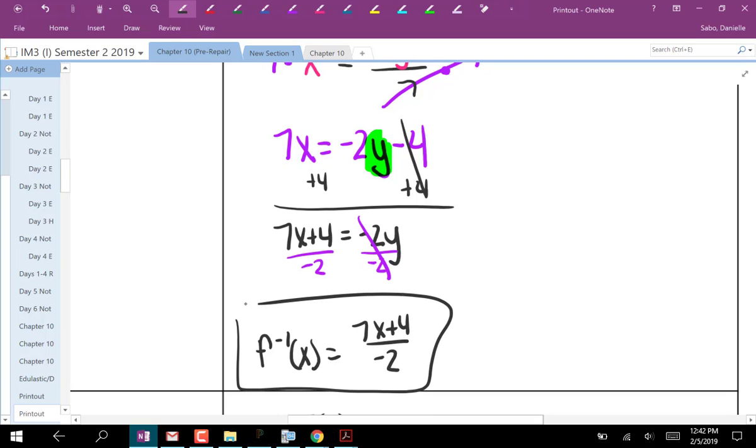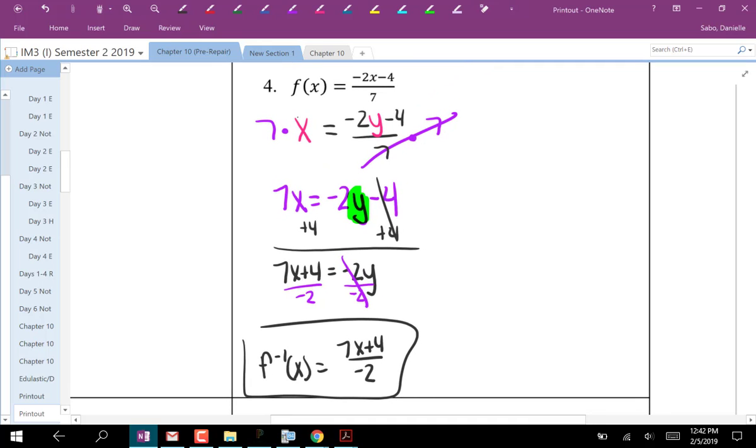Now, remember what I told you. I'm just really trying to train your brain to think mathematically. I told you we should have times by 7, and look, we do. 7 times x. I told you we should have adding 4. We do, adding 4. I told you you should have divide by negative